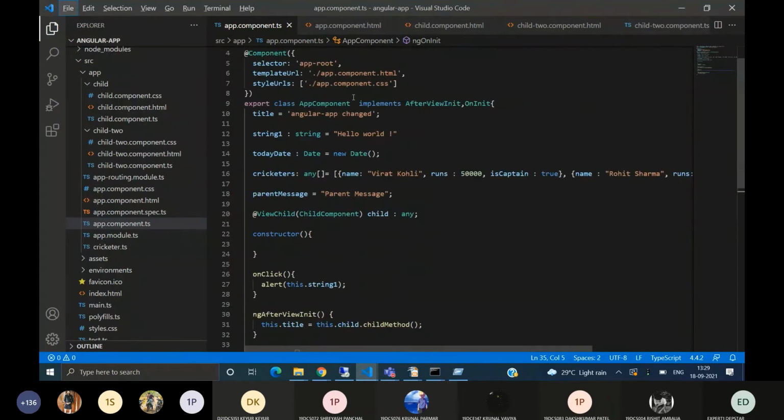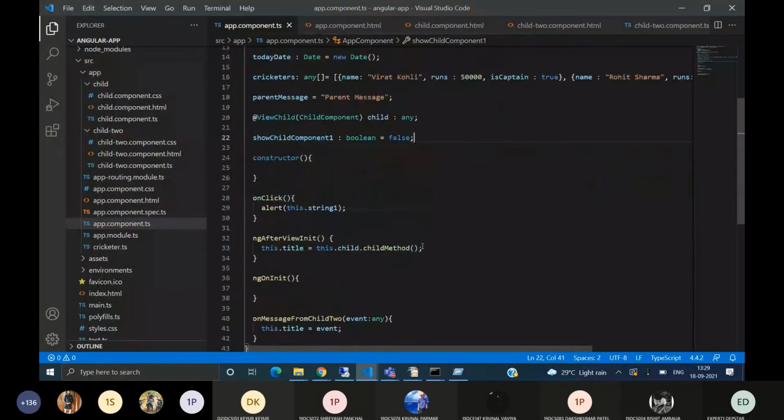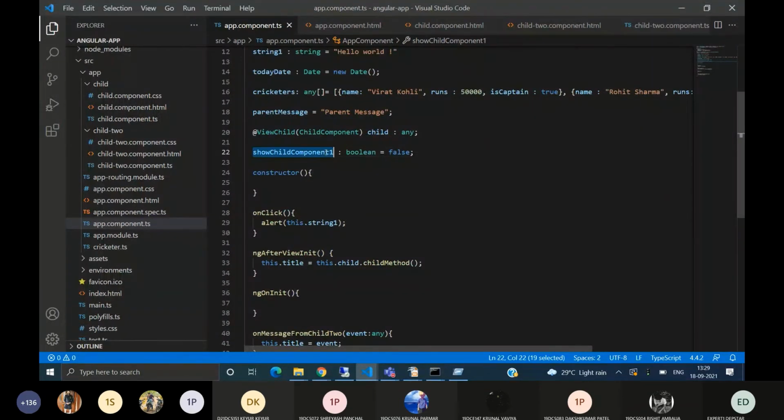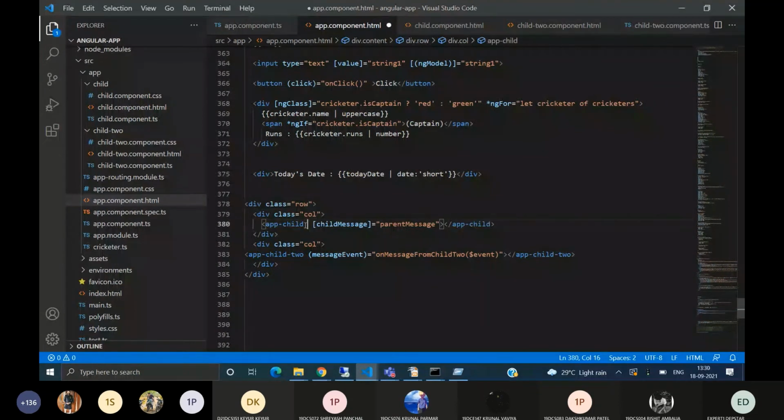If I am creating a boolean here, showChildComponent1, set to false, and we are putting it in an ngIf for the child.